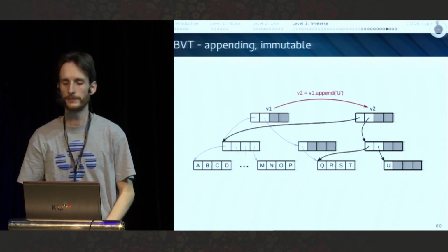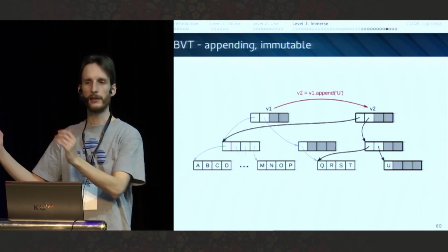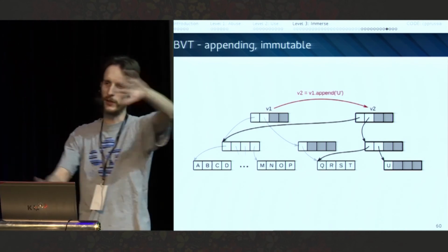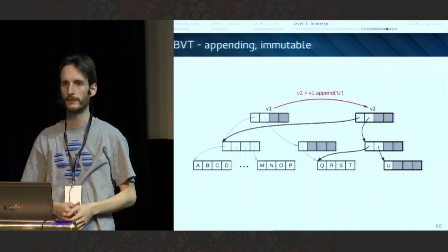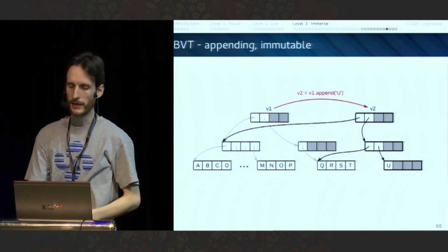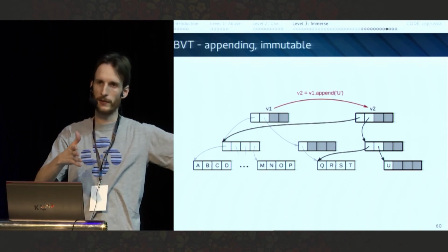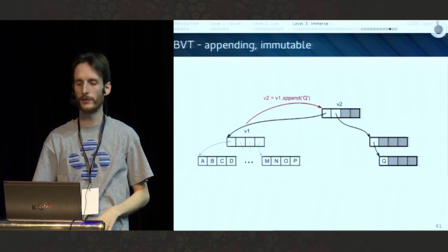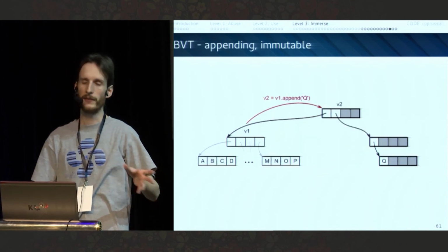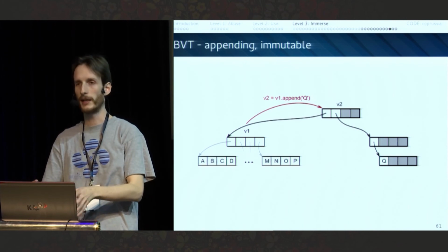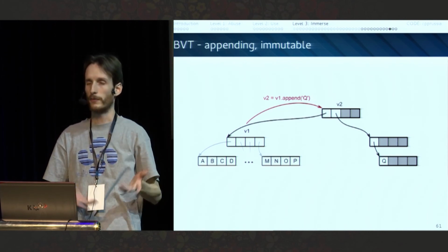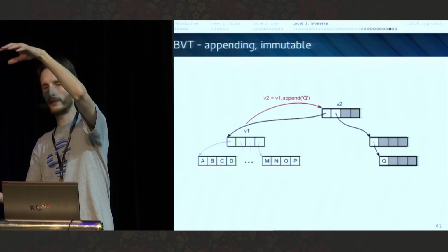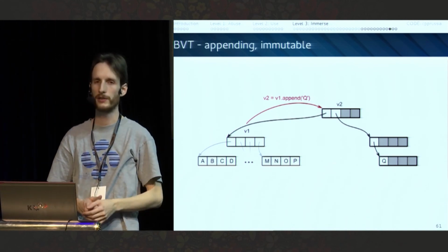If the buckets were full, what do you need to do? Create a new bucket. Put the element in there, create its parents, and point them to the previous ones. And the last case, if all the leaves have been filled and all the nodes have been filled, then you need to create a new root, because you don't have any more space to add new buckets in the previous data structure. So what do you create here? Again, the leaf that holds the data, its parents, and everything else that points to the previous structure.